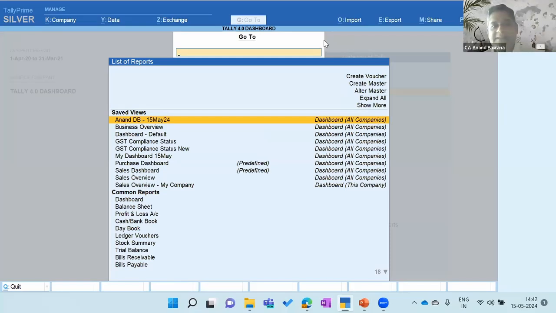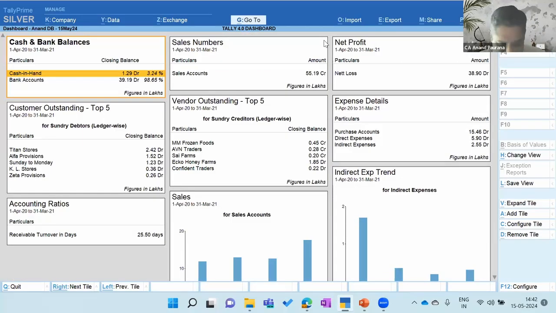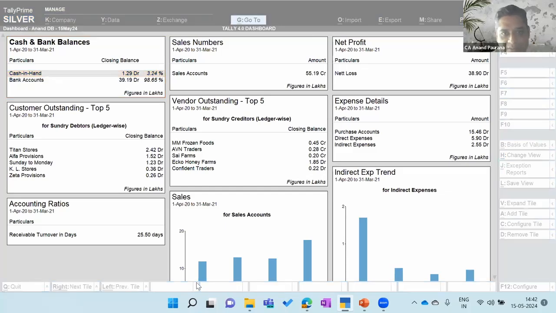So the idea is you create the dashboard at your office, about which information is relevant to the client. You give it a name like GST compliance dashboard, or the CFO dashboard, or maybe the accounting ratio dashboard. Just create those dashboards at your company level. It is portable. There is no need to create it at a client place. It is completely portable. You just need to save it for all the companies,